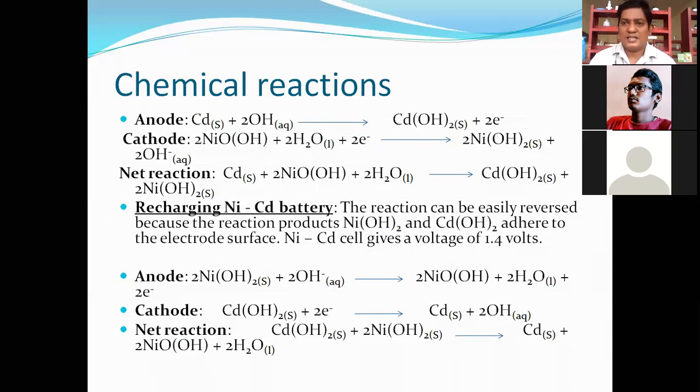Next, the lead acid battery. Lead is the anode, lead oxide is the cathode, and H2SO4 is the electrolyte. The reaction is carried out by two mechanisms, forward followed by backward. It is the best example of a reversible battery, with discharging followed by charging. The voltage is a maximum of 12 volts.